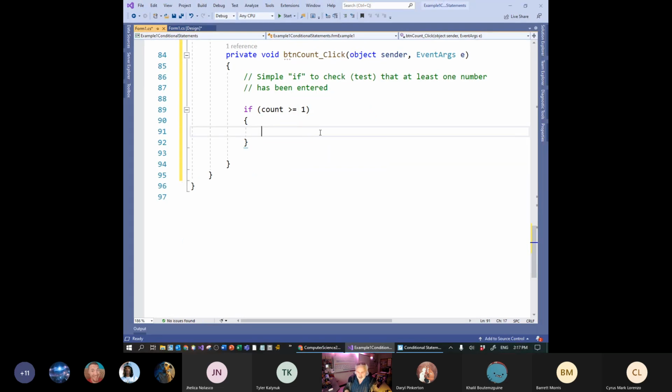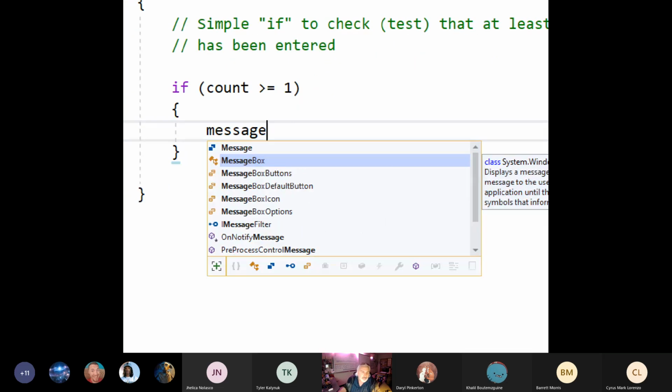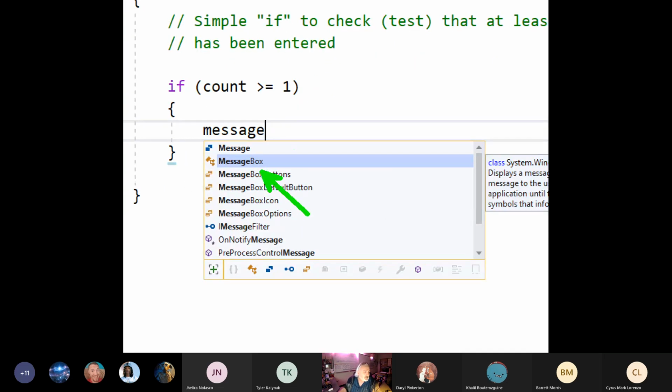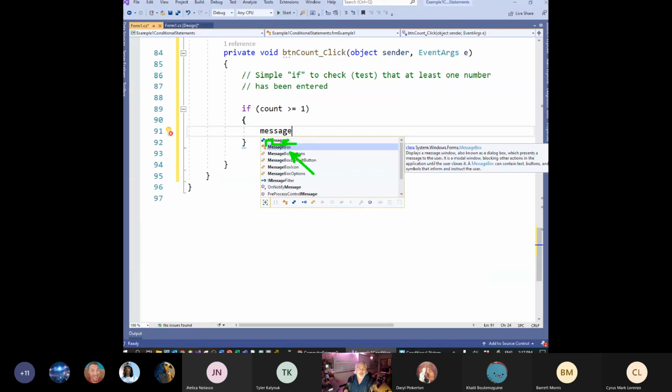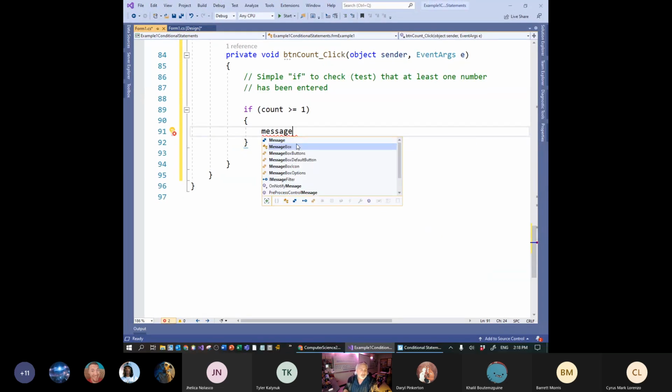And for this block of code, I'm going to use the message box code again. Message box, you can see it will help you write this code. It's spelled in a specific way with a capital M and a capital B. That style of writing again called camel casing. But as it pops up, you can just hit enter,